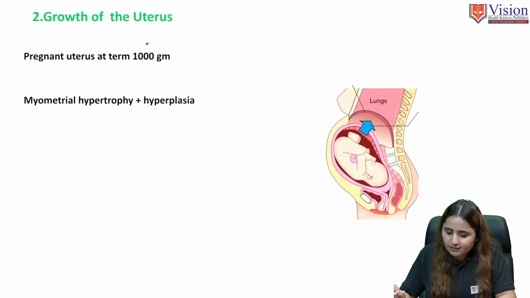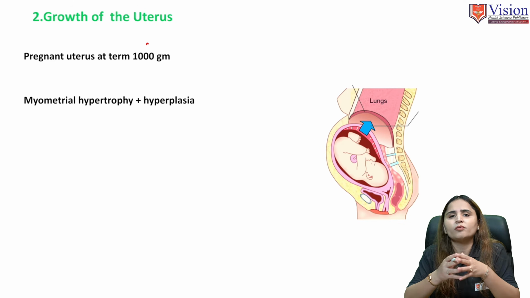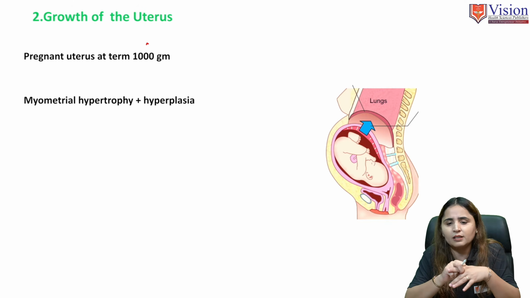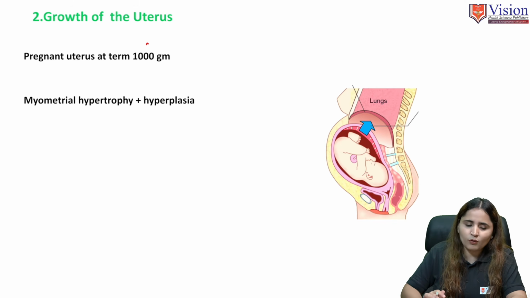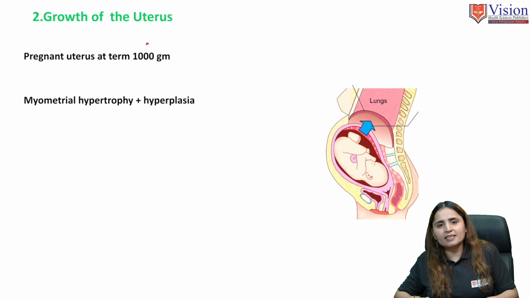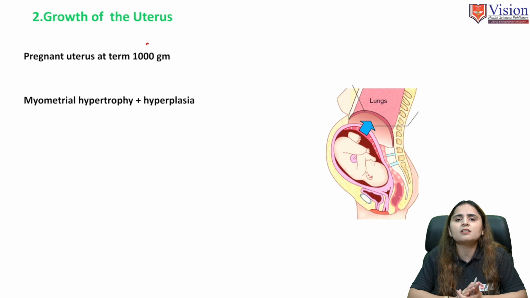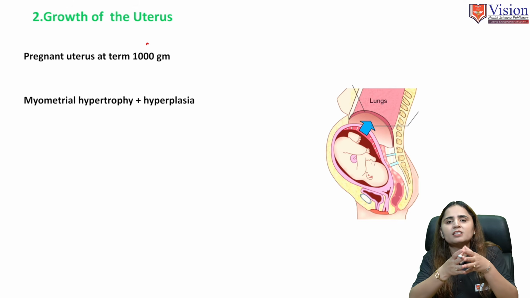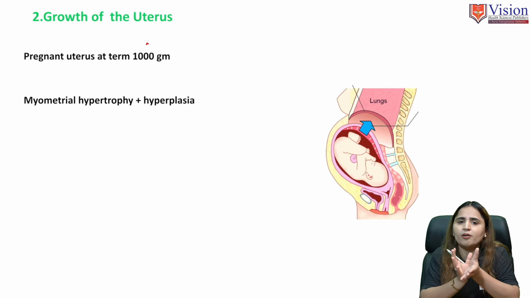Now moving ahead, further is the growth of the uterus. The first change, in the vagina, we have discussed. Now second are the changes which occur in the uterus. We all know that pregnancy affects the uterus very much. The uterus grows bigger in size, and all the changes of pregnancy become evident from the changes which happen in the uterus.